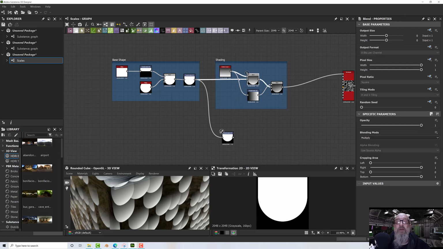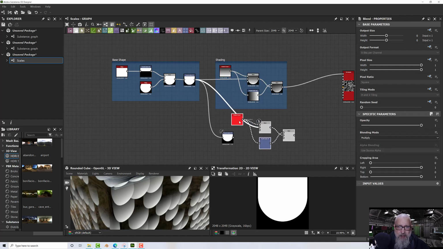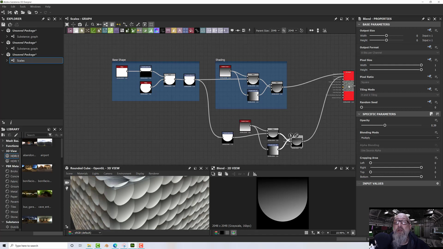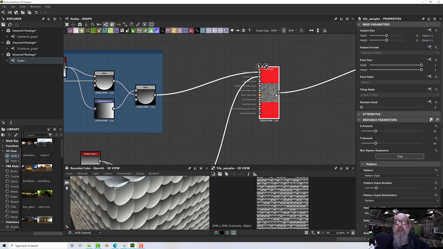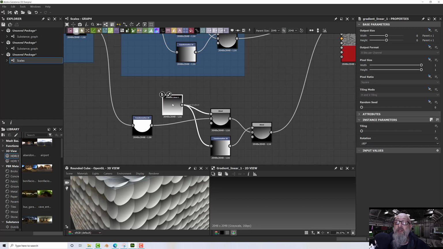So these ones then, let's grab these. Can I grab them all at once? Yes. And Control D. I'll pop that down there and switch this input in instead. There we go. And then I'll plug that into number 2. Now if I double click on there, we've got a little bit of variation. I could change these gradients a little bit. For example, if I turn the tiling mode off, take it to absolute and have it as no tiling,